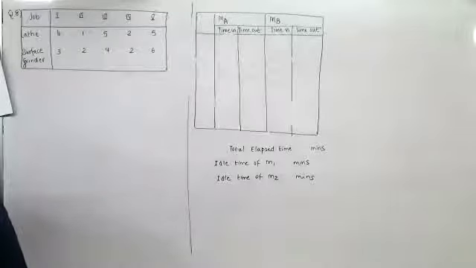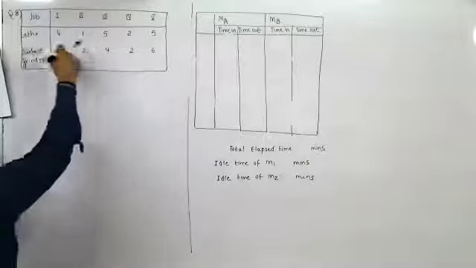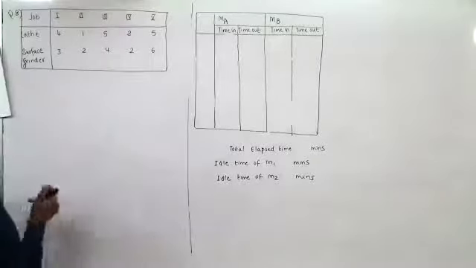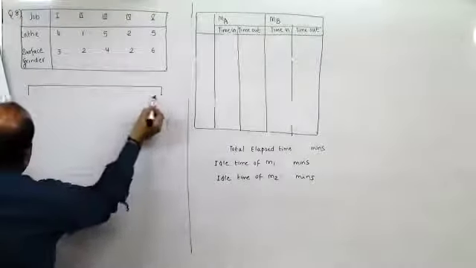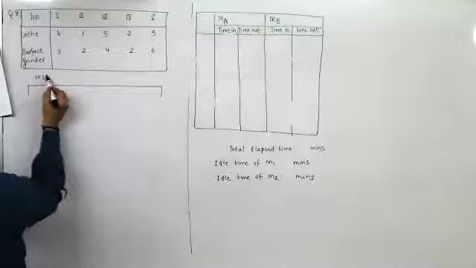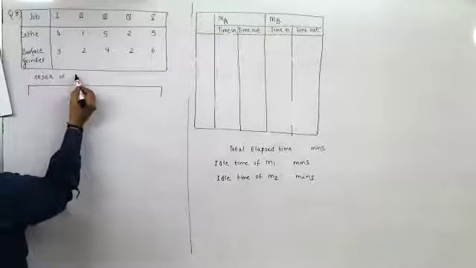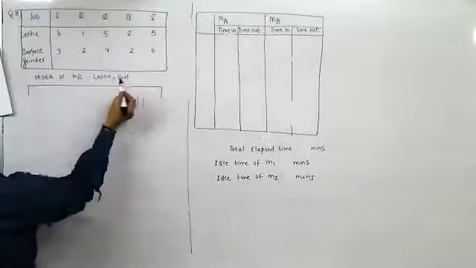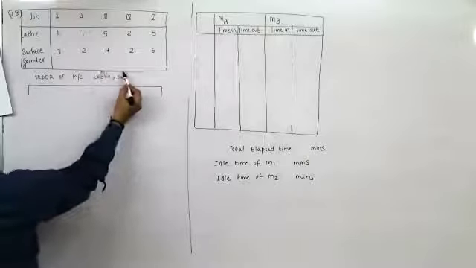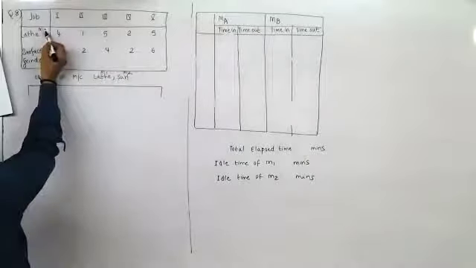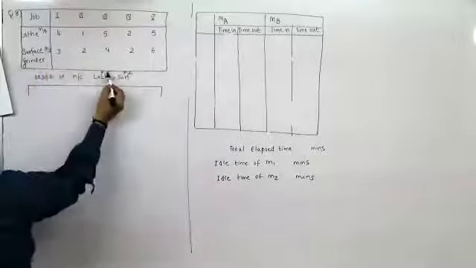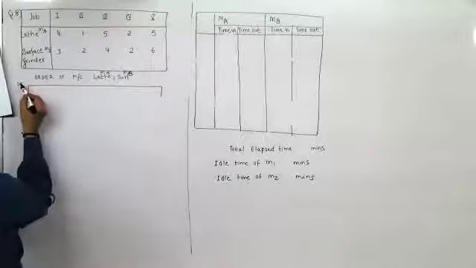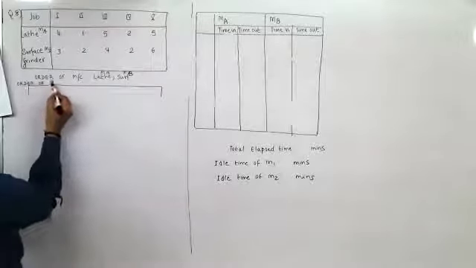Sorry, 5 jobs must pass through this lathe and surface grinder. The processing times are given below. Determine the optimal sequence. Also find the idle time of each machine. Now to find optimal sequence, the order of jobs. So order of machine is lathe and then surface grinder. I'll say this is M1 and this is M2 or MA and MB. And order of jobs is the one which we are writing now. There are 5 jobs.